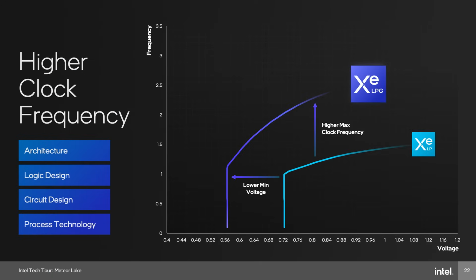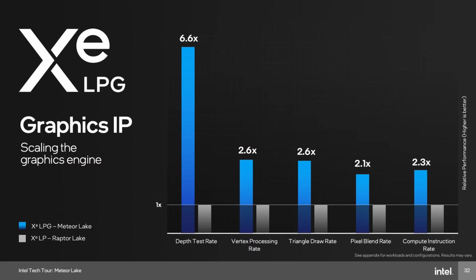But the second thing is our engineers have repipelined the entire architecture. So it's running faster at every voltage. A combination of tweaking the design to get faster at every voltage and getting a better process gives us higher frequencies, which is directly related to why we get higher performance and higher performance per watt. The second part, we're talking about features and technologies. And that's, again, using all the technology that came from our Xe HPG architecture and now building that into our Xe LPG architecture. Wow, that's awesome.